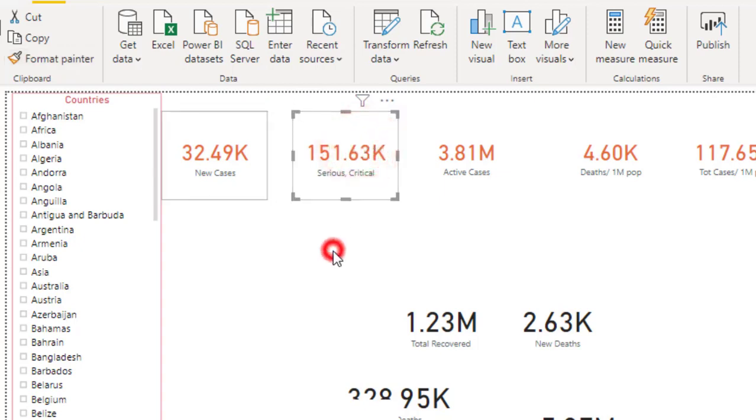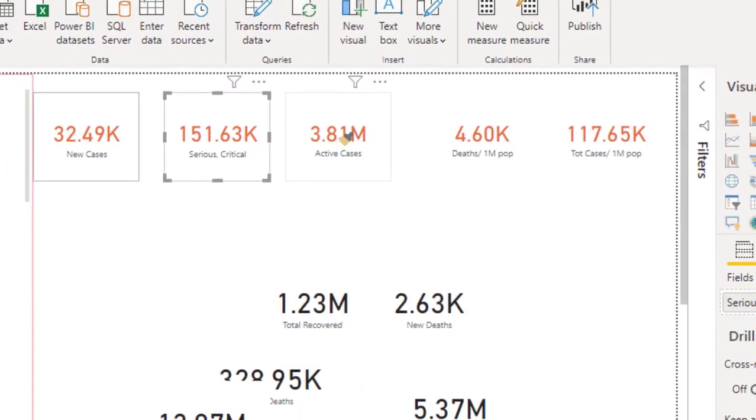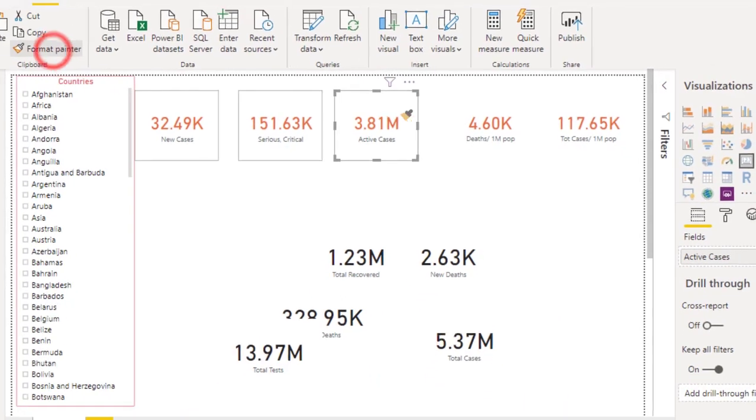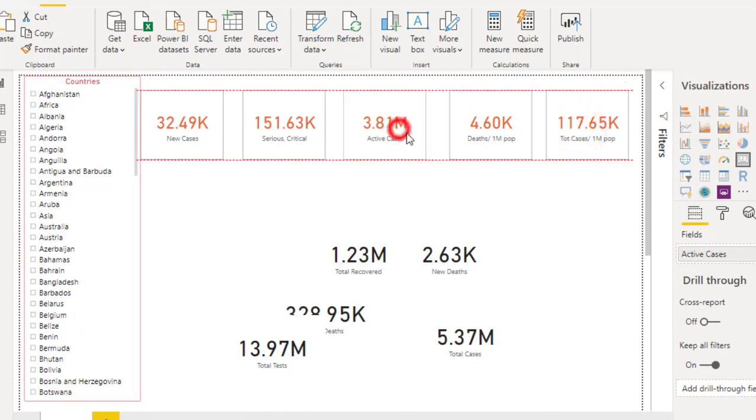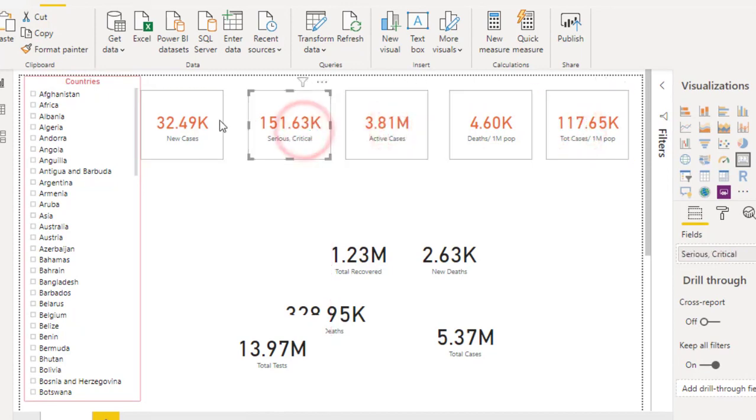I click over here, so you can see we have the border applied, and do this similarly with the other boxes, format painter, and you can see over here we have set up the cards very nicely